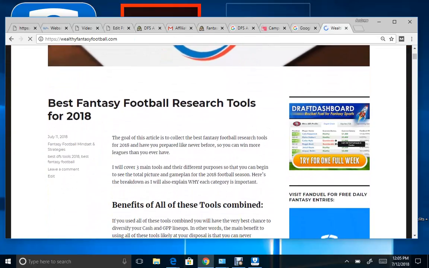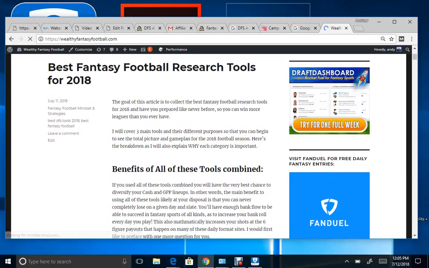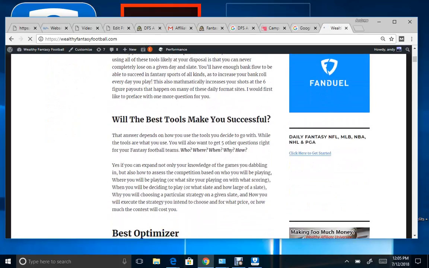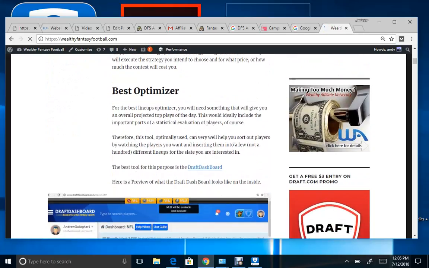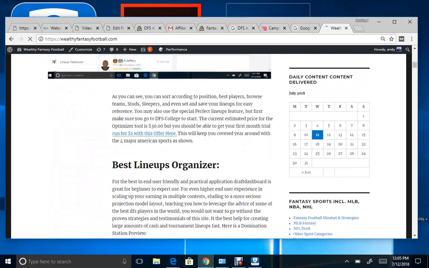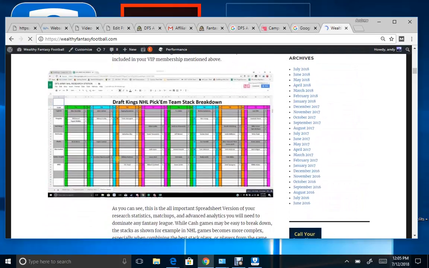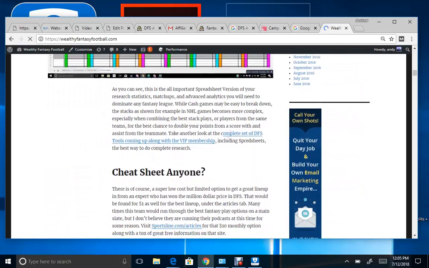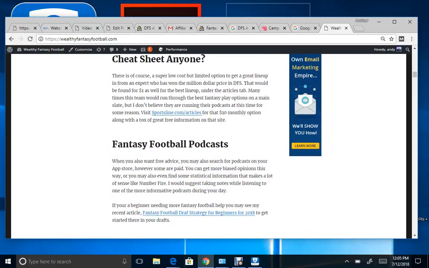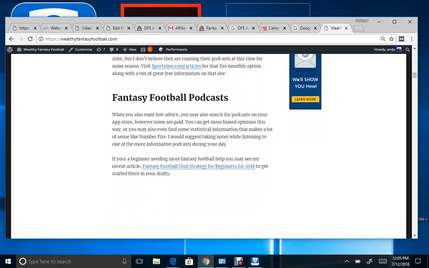So these are the best fantasy football research tools for 2018. I'll leave this also in the description because one of these particular tools has not actually been used yet in football, but has been used for optimization purposes in winning large tournaments in baseball. So we'll get into that lineup optimizer, what's to come with that. As I mentioned, it's already been used in the NHL as well. Cheat sheet possibilities, with an important aspect of this, the spreadsheets for your research and study of all these